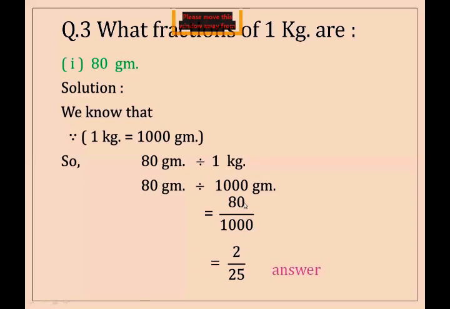How did we do the simplification? We have done simplification by 4. Here we cancel 0 by 0, and 4 twos are 8, and 4 twos are 8 again, and 2 carry over 0 becomes 20, and we know that 4 fives are 20 here. So after simplification, we have the answer 2 upon 25 for this question.